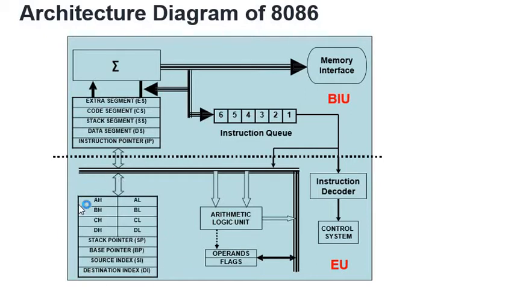So within this execution unit, it has a general purpose register block and index registers. Whatever data is available along with the program lines can be stored in these general purpose registers. So from the registers, the arithmetic logic unit can access the data. The registers are available in order to speed up the microprocessor operations. Instead of taking the data from memory for each instruction, which will take a lot of time,